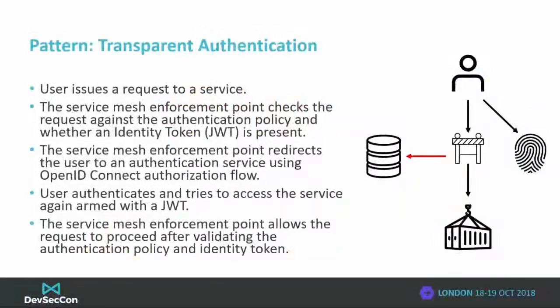The user tries to contact a service to perform an operation. Our Sentry, our service mesh, intercepts that request. Our service mesh can then, using the policy database, identify whether a request needs to be authenticated or not. By default, everything should be authenticated and you should have a whitelist for things that don't. The important part there is the red line, because that is where the decision is made of who needs to authenticate. The service mesh then can say, this user is not authenticated, and redirect them to the correct authentication endpoint.